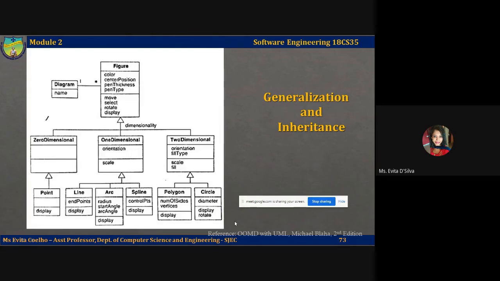So when you have both implementations, what will be implemented is what is there in the most specific part of the tree. So if you're talking about circle, you can see display is here in the topmost parent level. Also display is there within the circle itself. So this will be overridden or ignored, and this display method will be used. Similarly for polygon, you have a specific display method here. So it will override this or ignore this and implement this. So this is called the overriding method, and this is called the overridden method. So this is about generalization and inheritance.